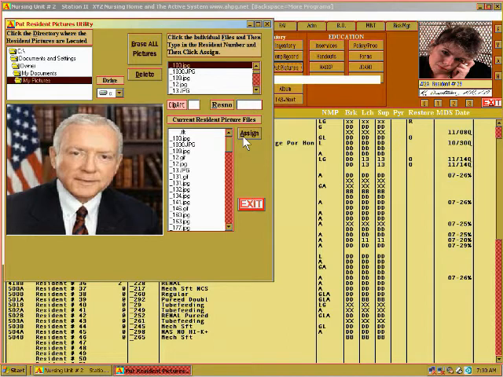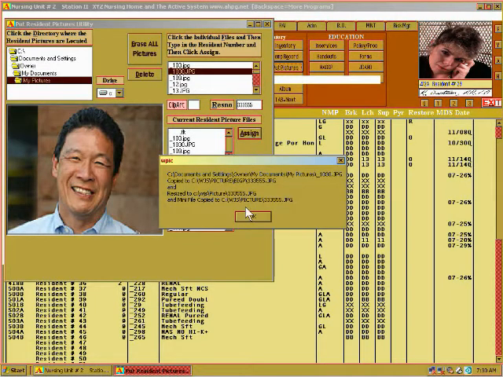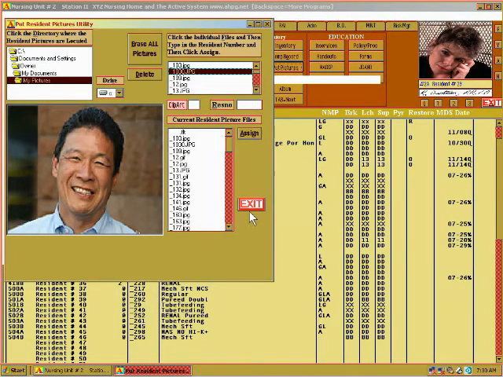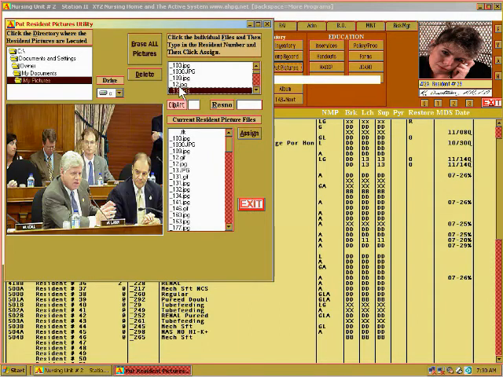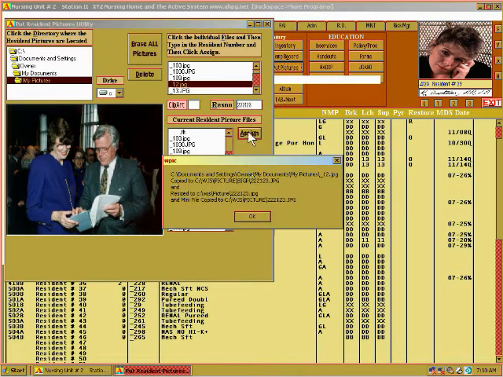If we try another one here, you would assign this one 333-444-555. Okay, click assign, and yes. Click OK. Let's try another one. We'll say we assign this resident number 222123. And click assign, and it's going to say that it's going to put this picture